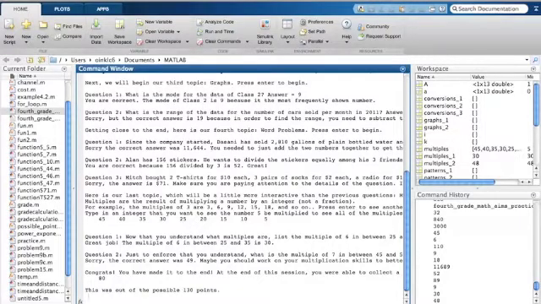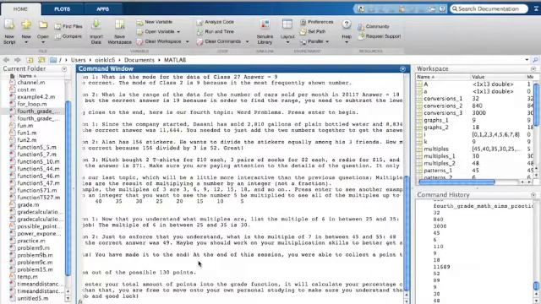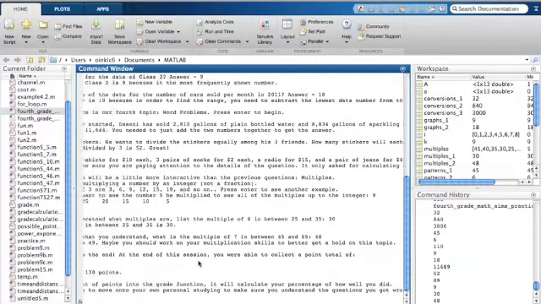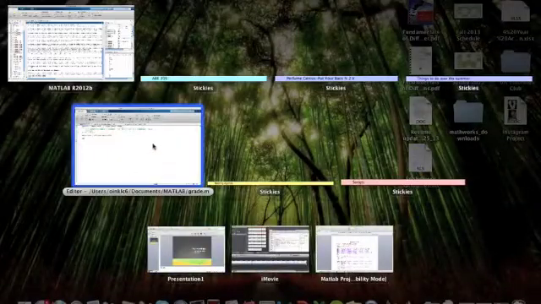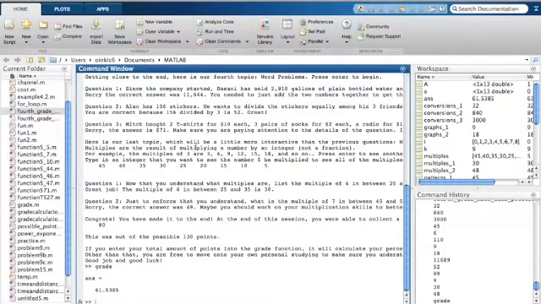So if we click enter again, it's our final statement, and it says that we can calculate our final grade of this in a percentage form by using the function that I made. So we'll go into it, and all we have to enter is the total points that we received, which is 80, and we will run that. We go back into Matlab, and it says that we got a 61.5%,